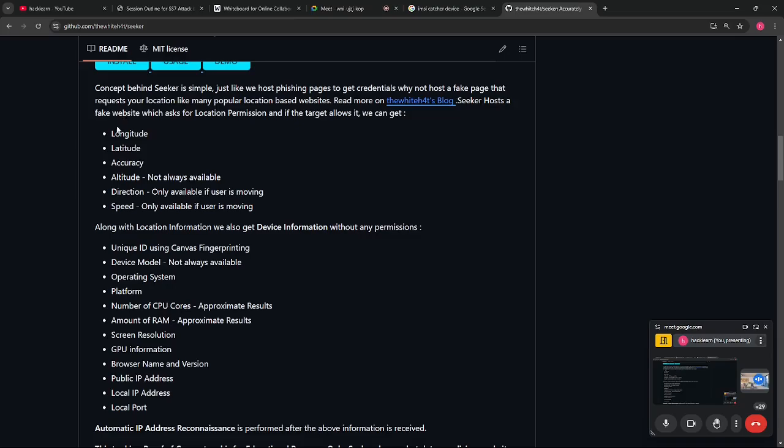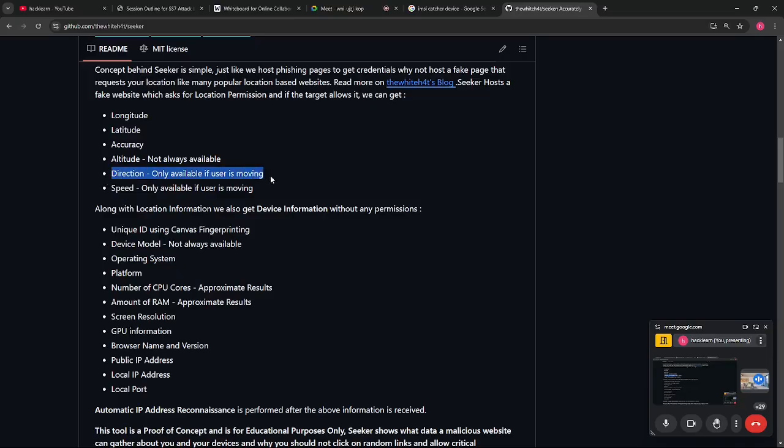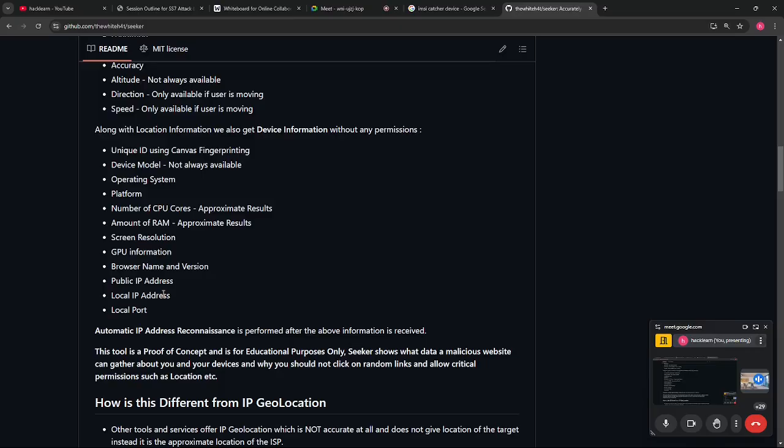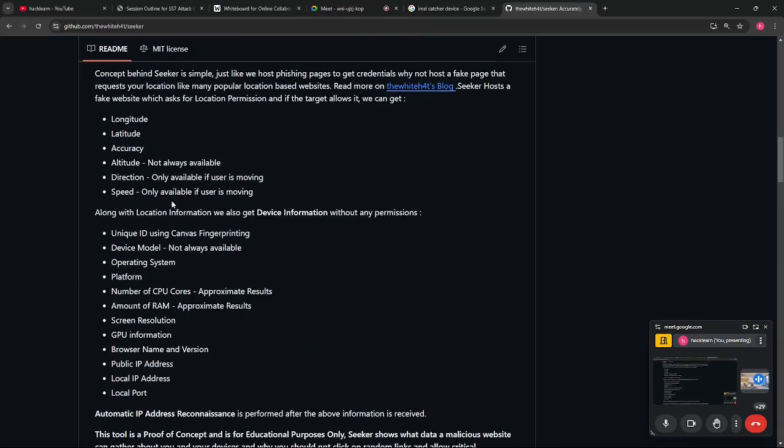It will give you the exact latitude, longitude, and accuracy. Even if the user is moving, it provides direction and even speed, how fast your target is moving. It can also gather the unique ID, GPU information, local IP, public IP, every detail.